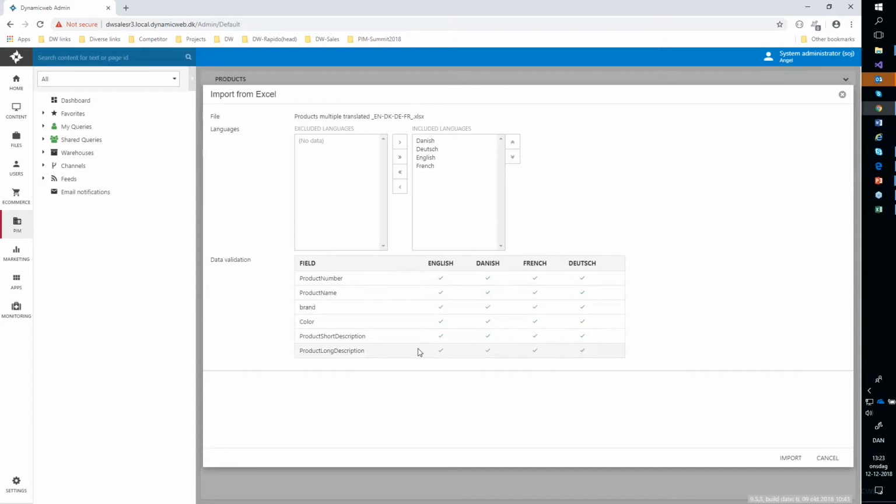I have the fields I have selected when I export it. The green check mark indicates that the content of the fields match the field type in the PIM system. So everything looks good. Now I don't want to import the English language. It's only the Danish, Dutch, and French. I make an import